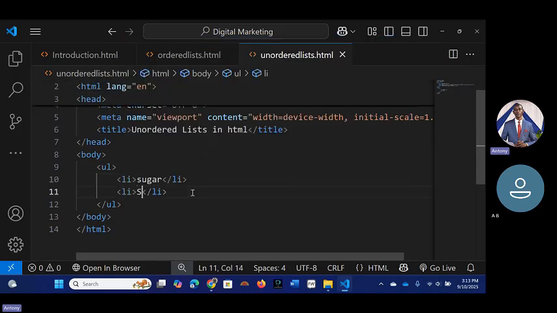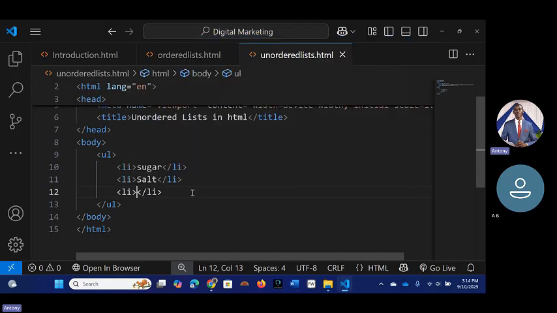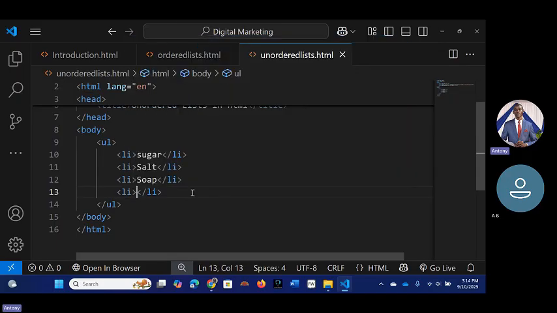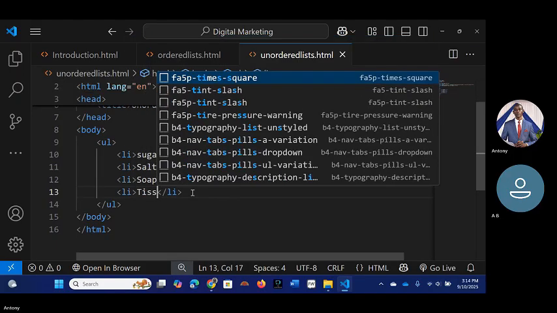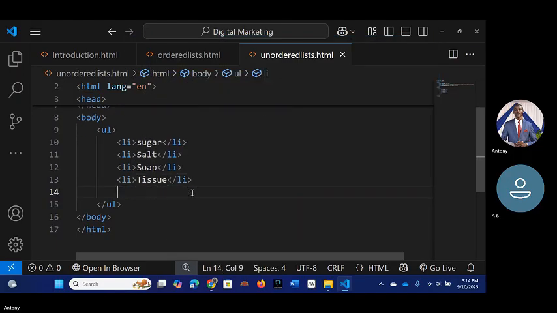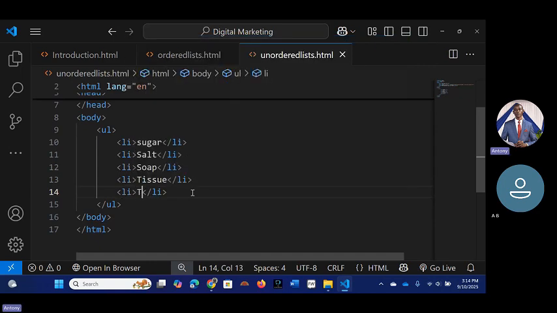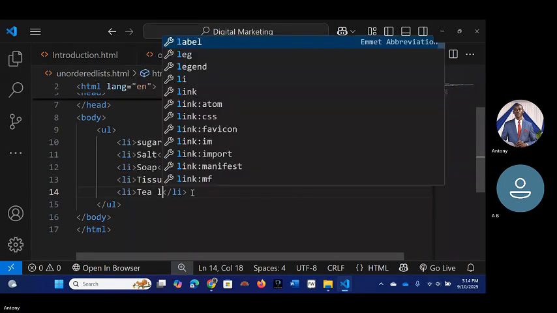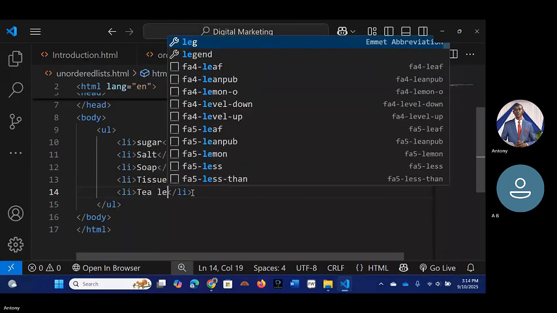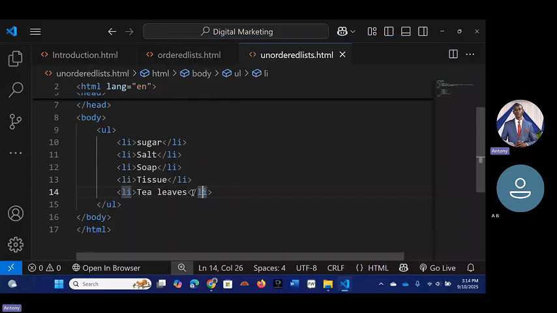The next one was salt. And then the next one was soap. And then we had a tissue. And then we had tea leaves.